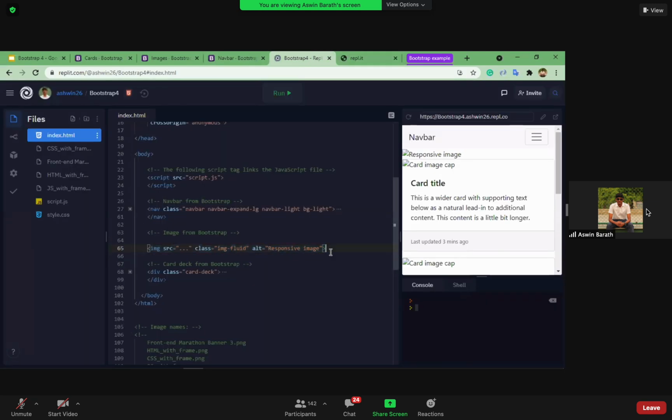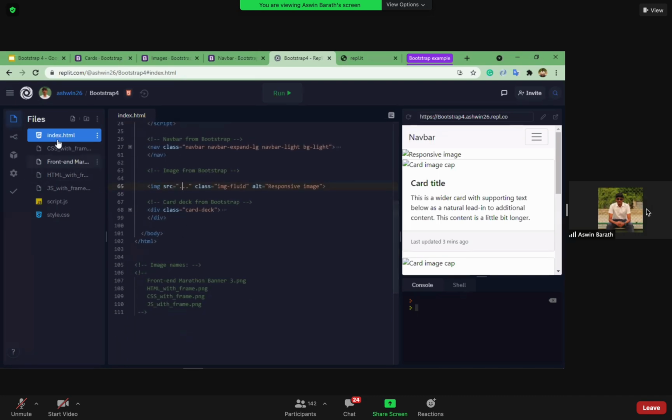Anyone from the audience? In body. Yes, it is inside the HTML body. I'm asking where should we link the image that we want to add? SRC. Sir, exactly. So we have to add the image. I have already uploaded 4 images. It is in the same directory, in the same folder, so that I can add it easily. We have to add the image inside this SRC. So let me just copy the image they have added over here.